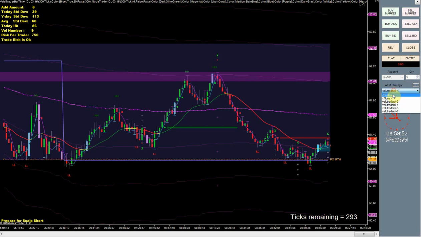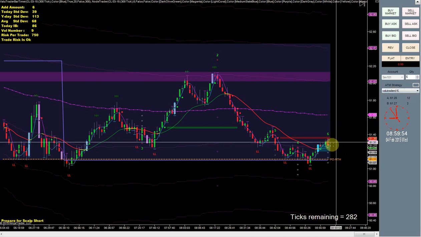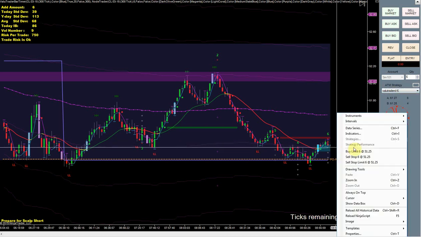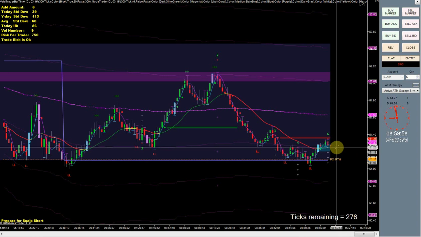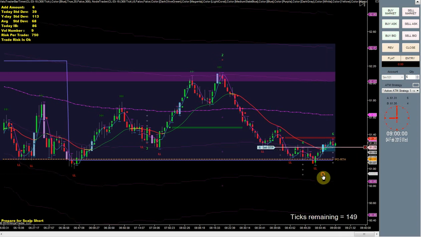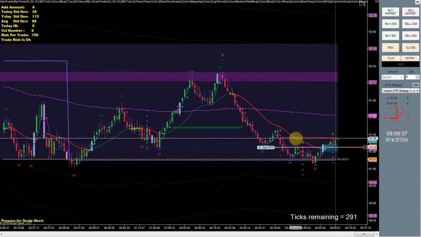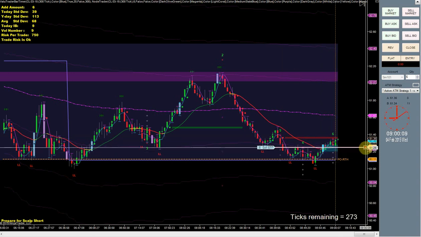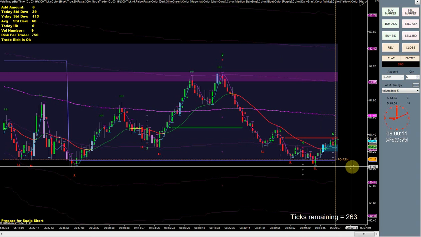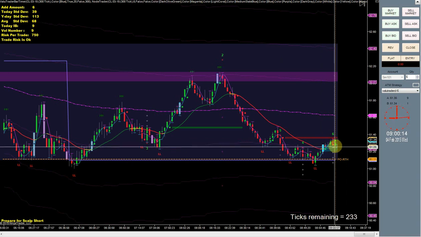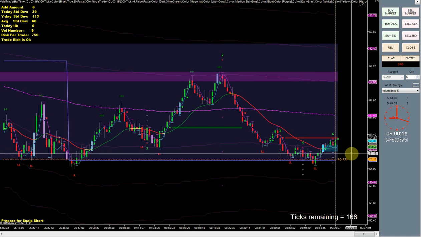Actually, it looks like we just got a trade print. Selling a stop. Order pending. Market came up to this selling low volume node. And let me go ahead and shut that down. Order canceled. If they don't fill in that first bar, I'll just go ahead and shut it down.